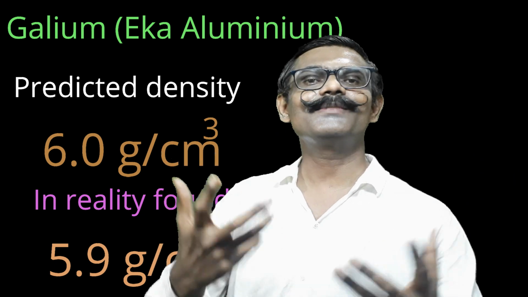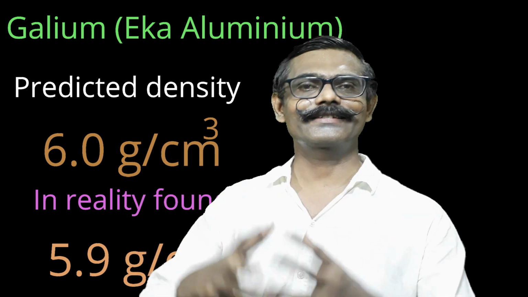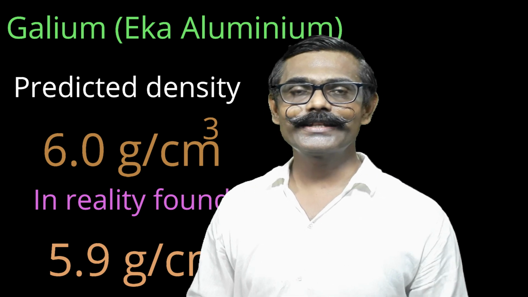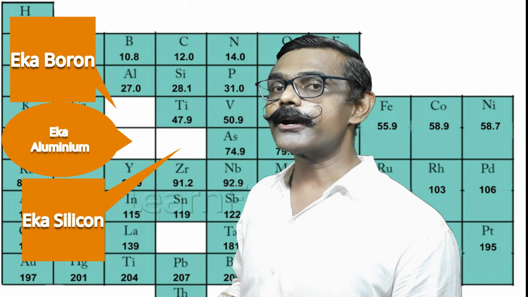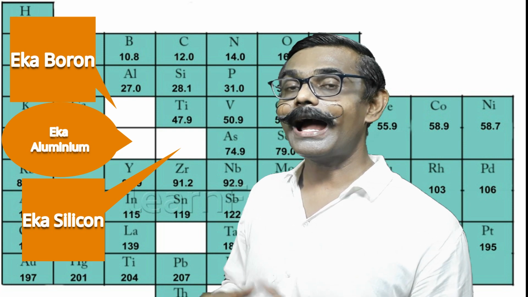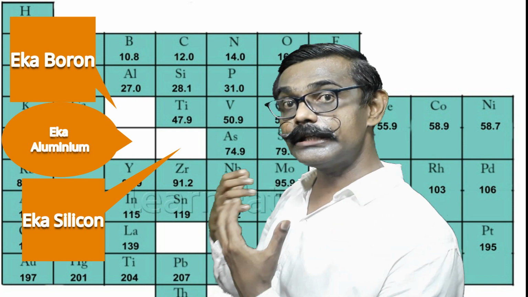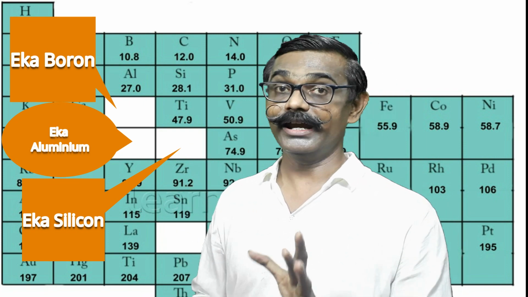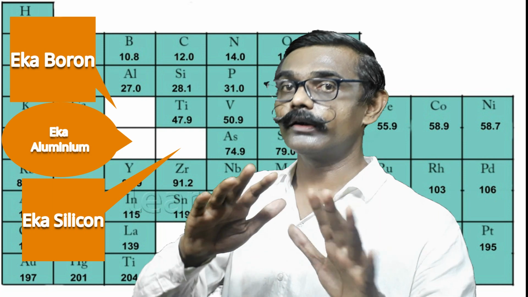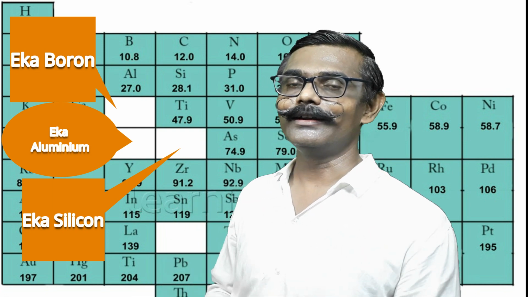Mendeleev became the famous scientist to systematize chemistry, to arrange the elements as per their atomic weight. So Mendeleev's periodic table was following the rule of atomic weight. So properties, he said, depend upon the atomic weight. But whether that is true or not, we will come to know later.